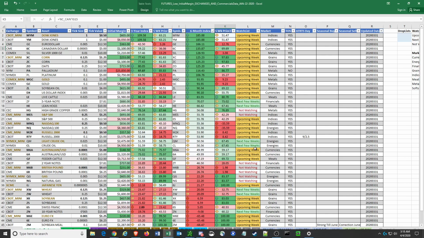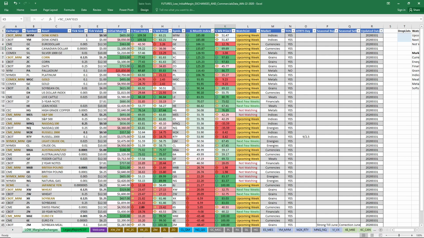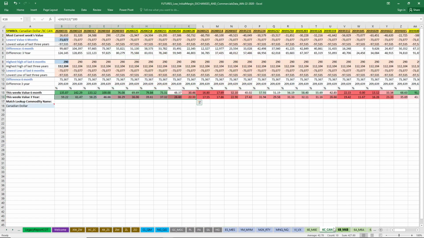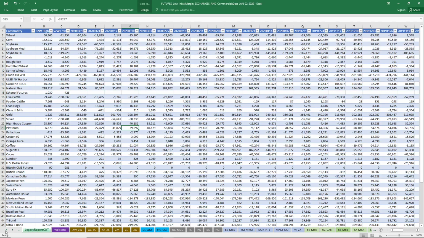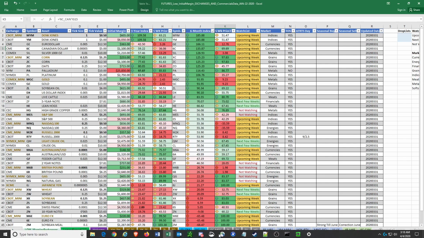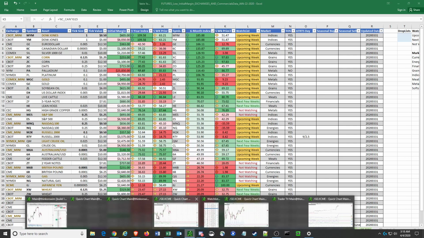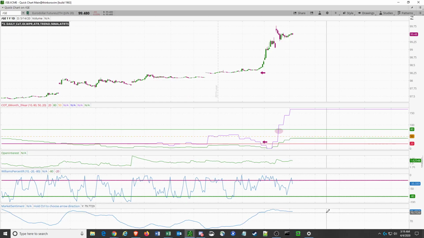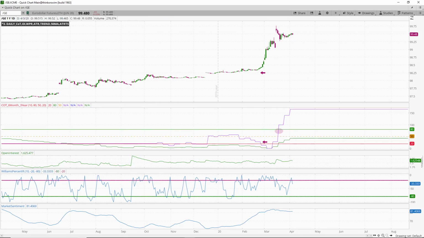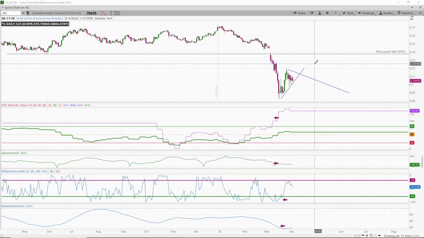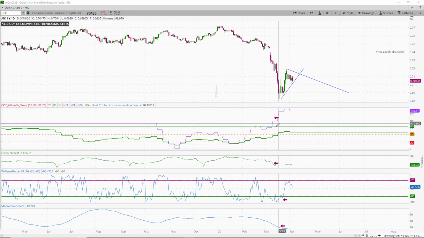Canadian dollar still looked pretty promising this week, even though there was a little bit of selling off going on. So holding a very positive outlook over the last 5 weeks and setting new highs on the net long positions. So Canadian dollar is still something to watch. And can we just take a quick peek at the chart? And the Canadian dollar here. Very positive territory up in here.